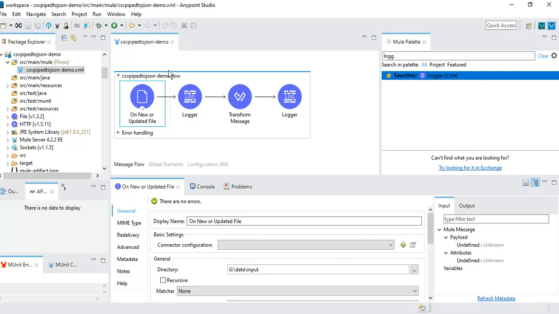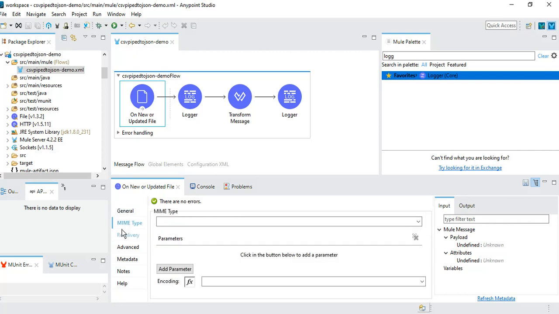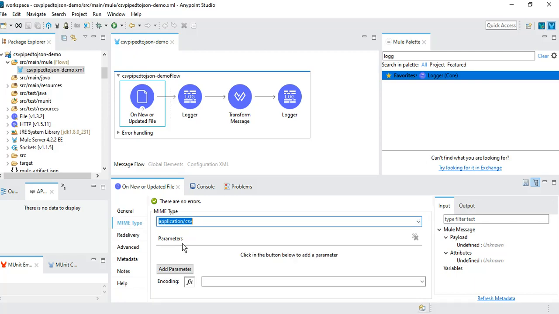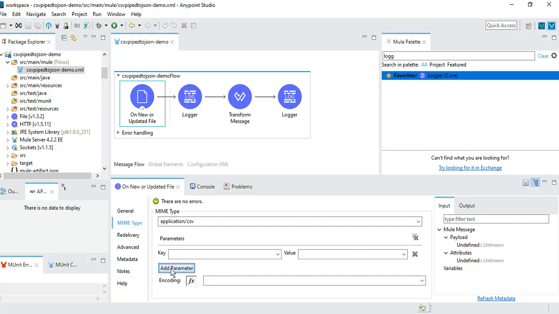Now remember, for the pipe separator I need to configure something. What is that I have to configure? Remember that I have to go to MIME type, and here I have to configure application/csv, and I need to tell MuleSoft that the separator is not comma but it is pipe. So for that I need to add a parameter over here.